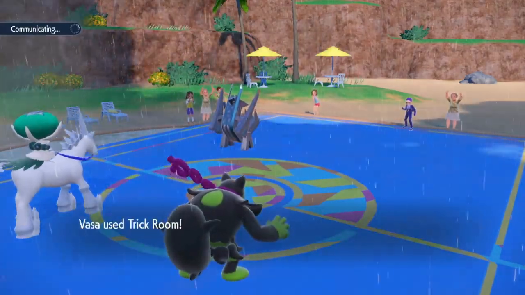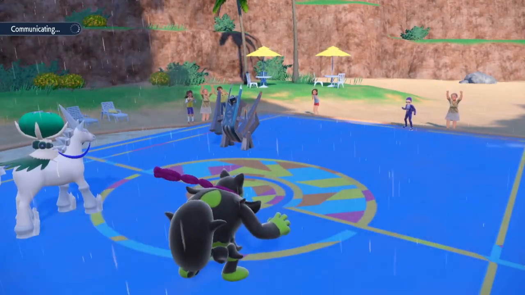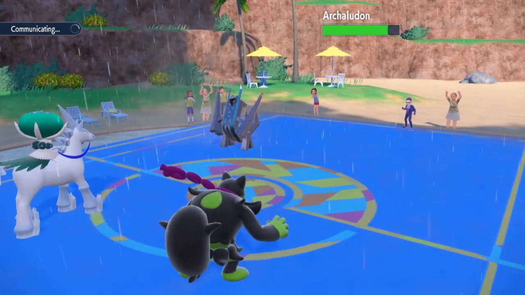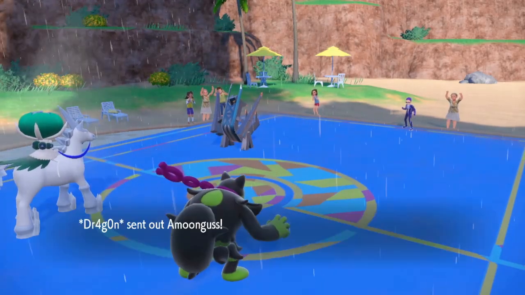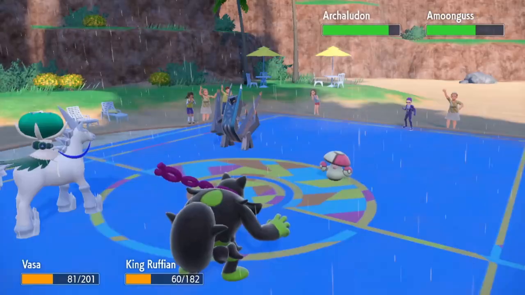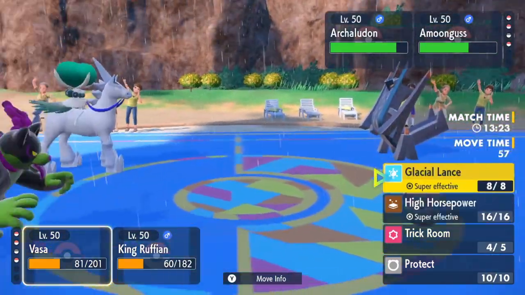He was actually Sash. It's good to know. So he has Tailwind up, so by default, I think I should be able to outspeed everything on his team here. He has an Amoonguss, which also has Tailwind on his side, 5th still, so... I think the only issue is going to be the Arclidon, because he has a stamina boost. Got a bunch of health back with Regenerator, too, so...